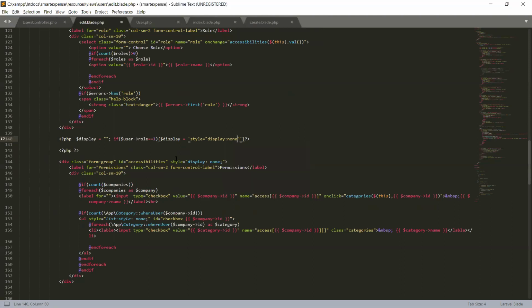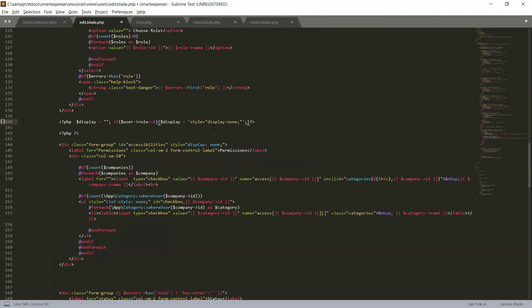Okay, none, and let's close this statement here. So if the user role is super admin 1, then we set this variable value to style equal to display none.